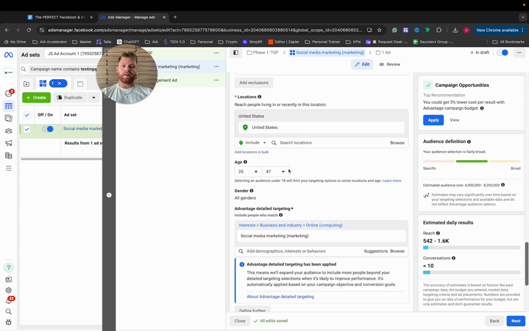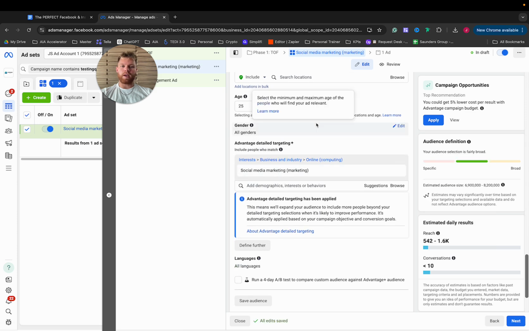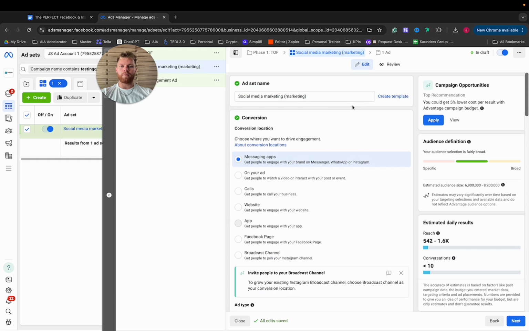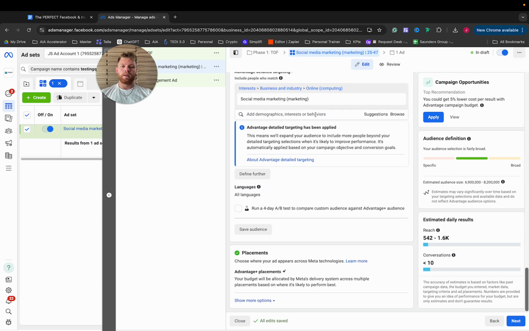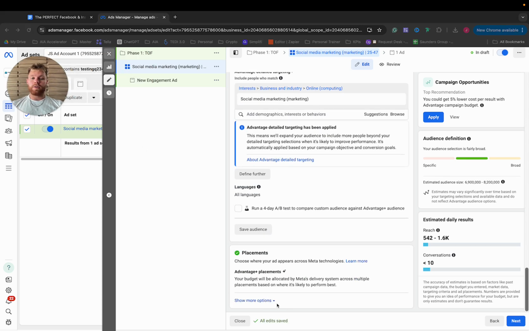And then I'm going to scroll back down here, and I always like to put the age. So let's say this is the age 25 to 47. I'm going to just go ahead and go like this, 25 to 47, just so I know. And I like to start broad at first. So once you have that, you are literally just going to go to next,